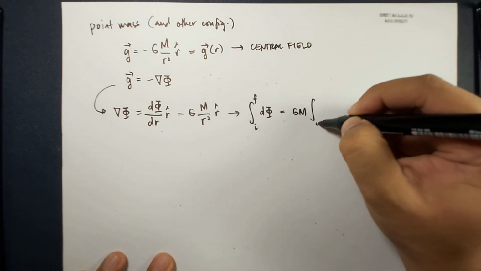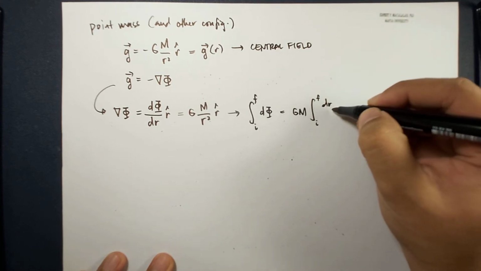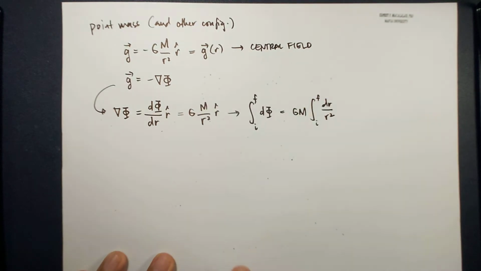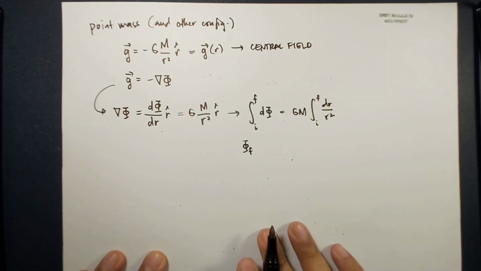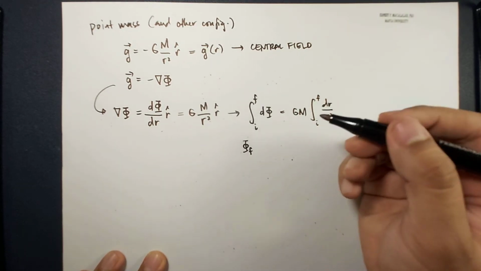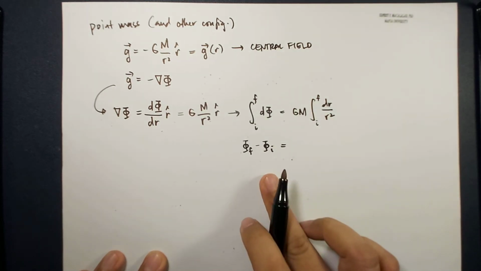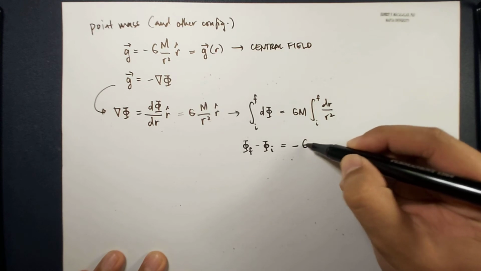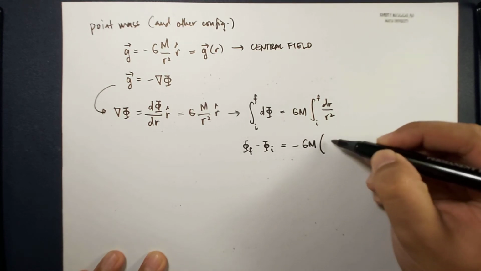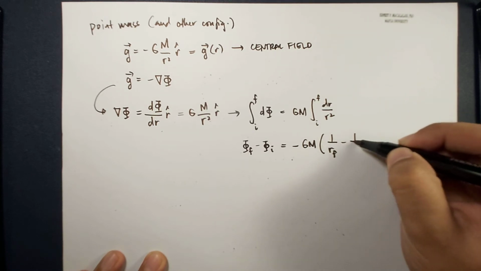So this is from initial to final of dr over r squared. This gives us the difference between the potential at some final point and the potential at some arbitrary point i, and is equal to negative G m times 1 over r at point f minus 1 over r